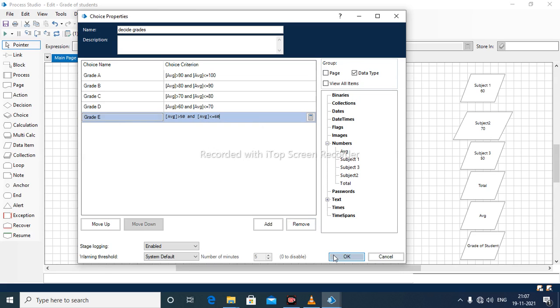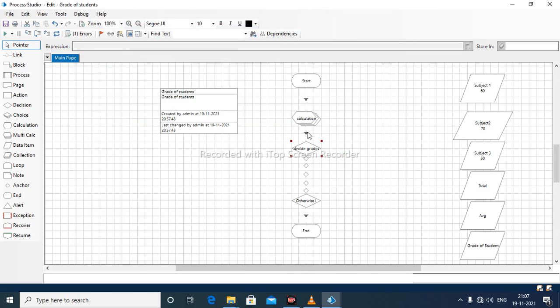Okay, so I will click here. After working with this choice stage, you will see these 5 dots. Each will be for grade A, B, C, D, E.